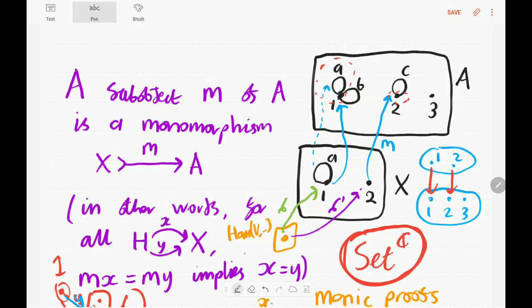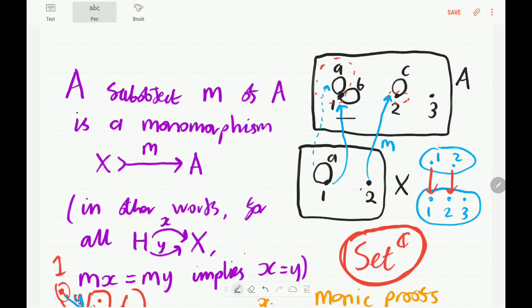And you see this M that we've got represented here, we can think of it as corresponding to selecting a subset of the vertices of capital A and a subset